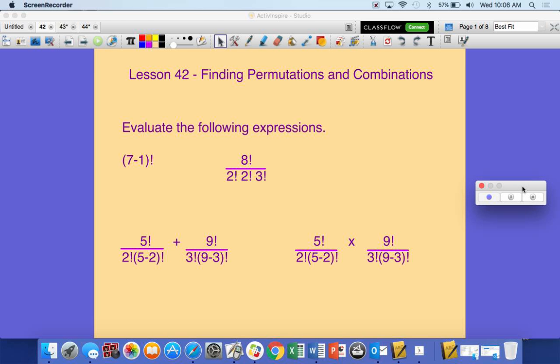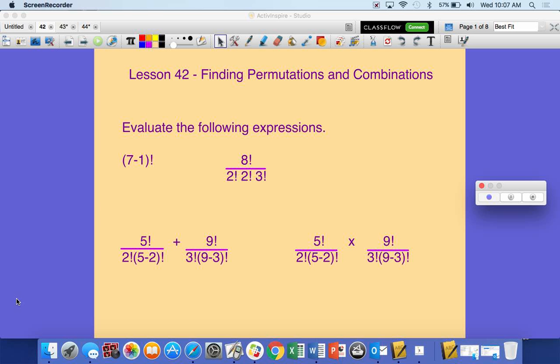Lesson 42 today, finding permutations and combinations. All right, before we get into permutations and combinations, we need to talk about another symbol that is very important to understand as we go through this. And this is that